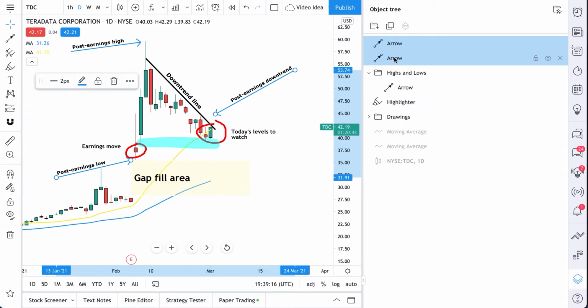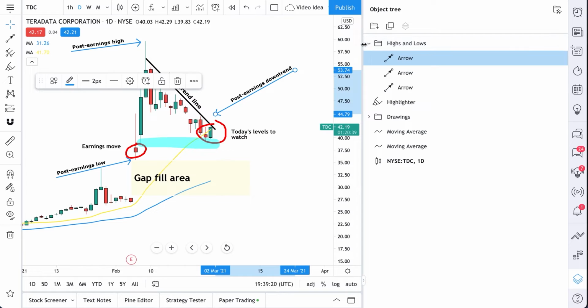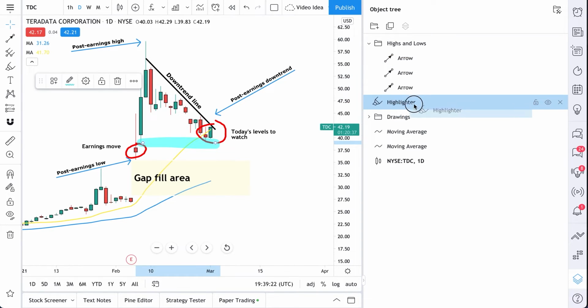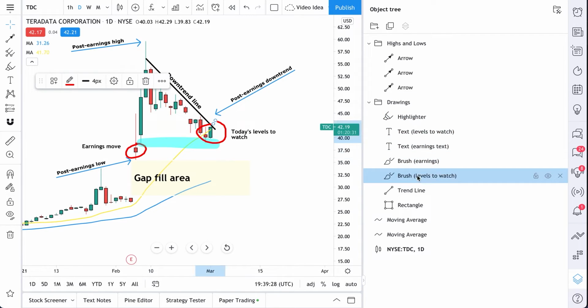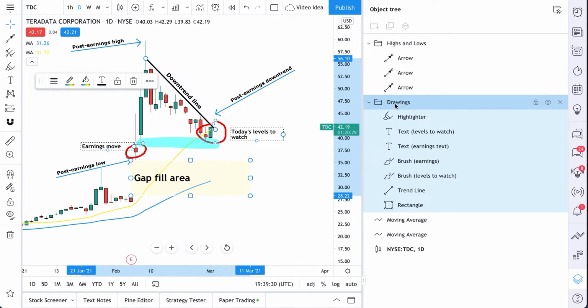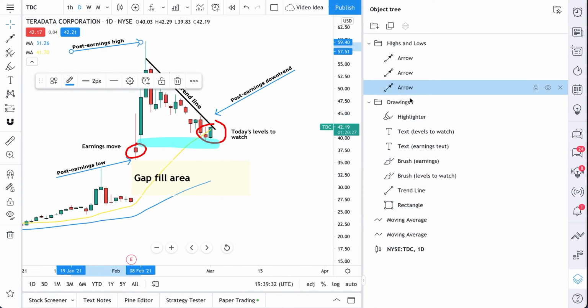And these are the highs and the lows. So let's multi-select these arrows. Let's drag them into the highs and the lows. And now, as you can see, we have these groups. This highlighter tool is going to go in this drawings folder, because if we open up this drawings folder, we've added all of these notes. So let's change the name of this group to